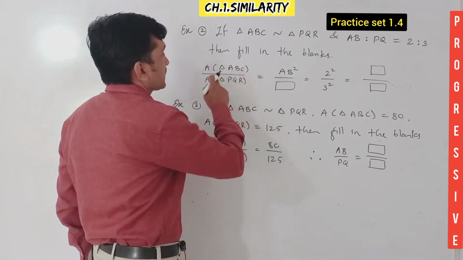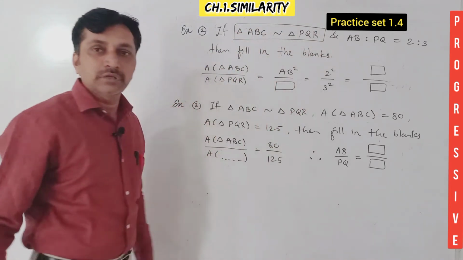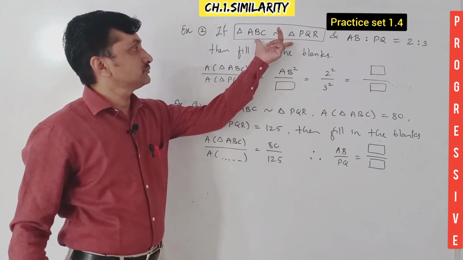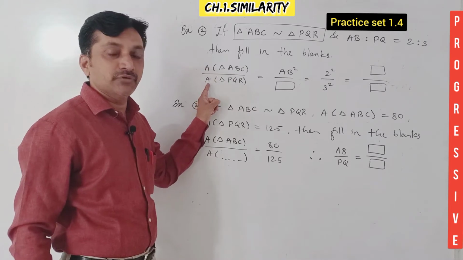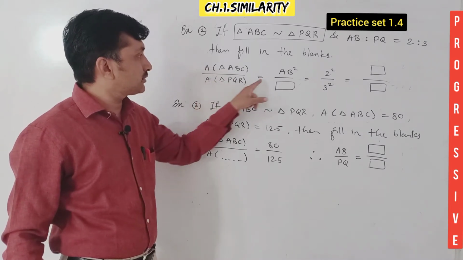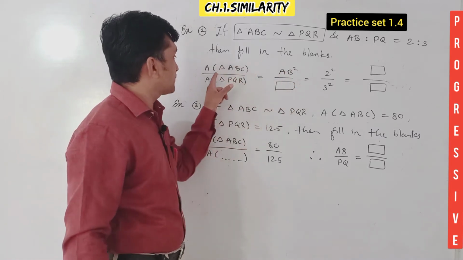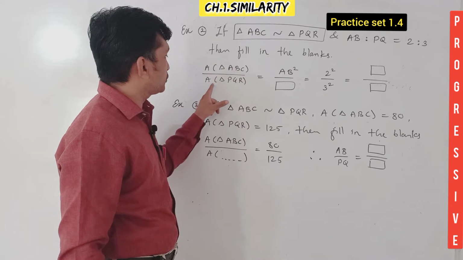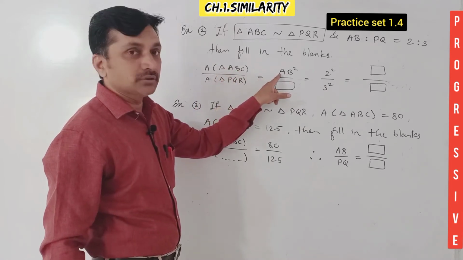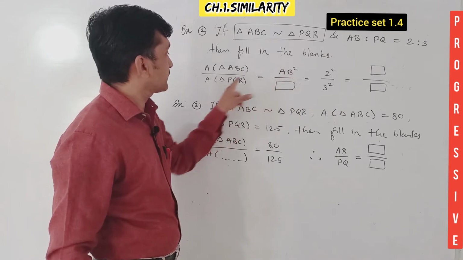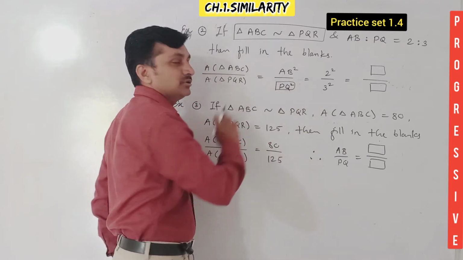It is very easy. Triangle ABC is similar to triangle PQR. It is given, and we know that if two triangles are similar, by using the theorem, if you want the ratio of their areas, then we can use the theorem. In the theorem we write here the ratio of squares of corresponding sides. Therefore here the ratio of area of ABC upon PQR is equal to AB square. AB is the corresponding side of ABC, right? And the corresponding side of AB in PQR is PQ. Therefore PQ square, AB square upon PQ square.